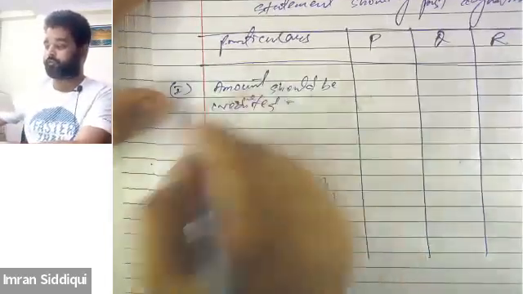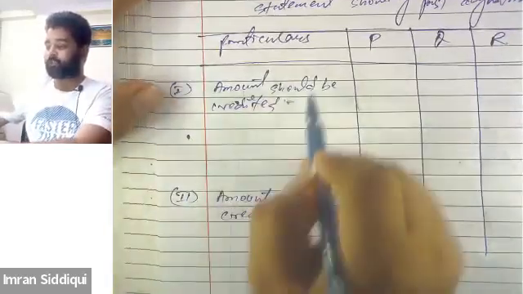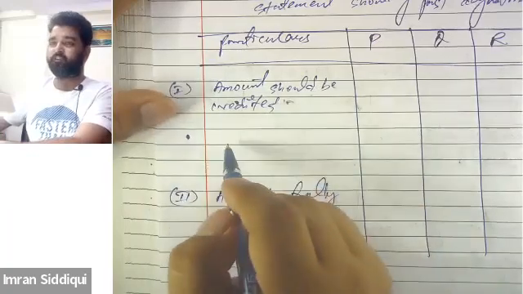Okay, so first thing, the amount that should be credited by way of